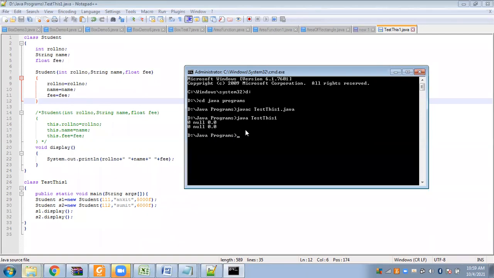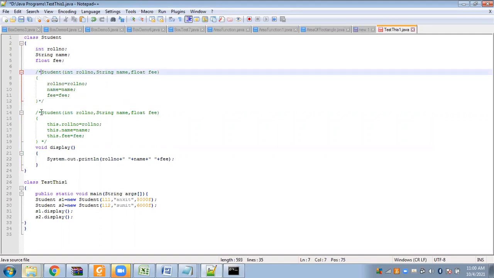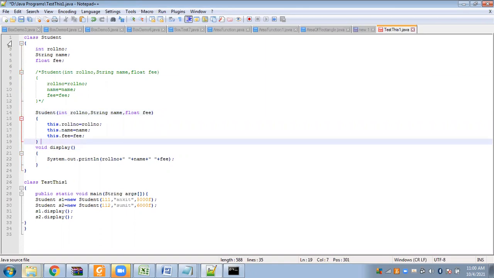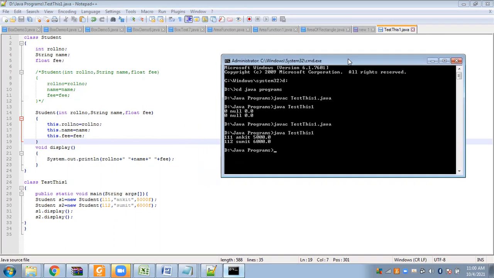So what output are we getting? Now, can you see the difference here?